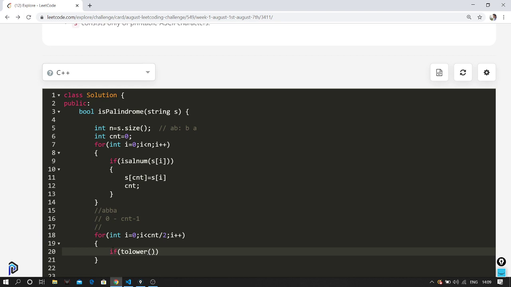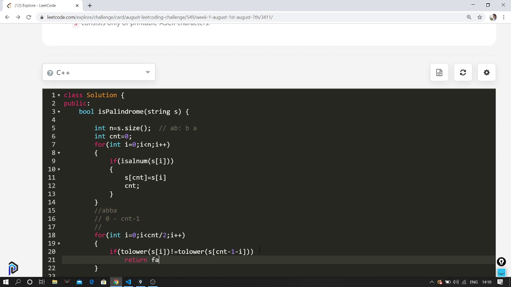If lower of s of i is not equal to lower of s of count minus 1, which is the last index, minus i, then if at any point it enters this condition, I will return false.